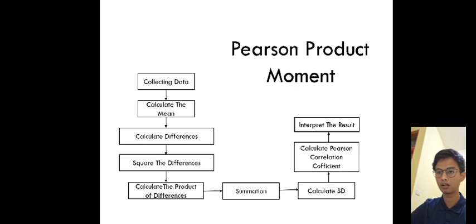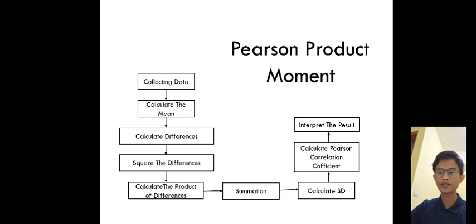The first one is to collect the data same as before, and then calculate the means, and then calculate the differences, and then square the differences. We need to square each of the differences obtained in the previous steps, and then calculate the product of differences for each pair. Multiply the differences for the two variables,